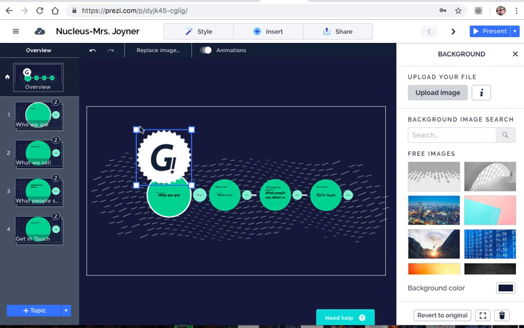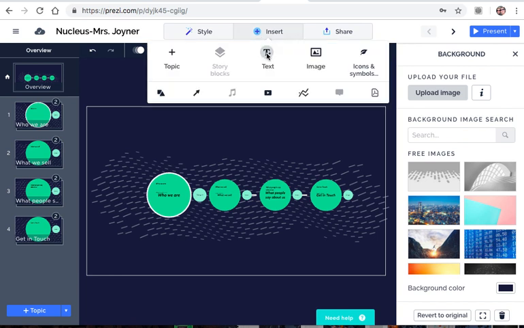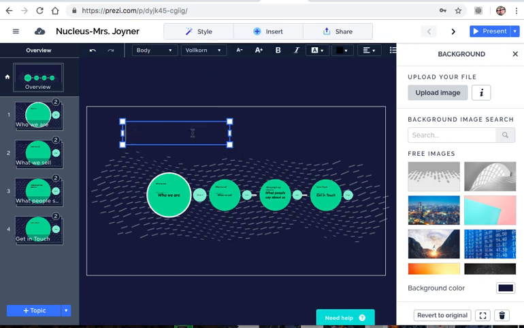So there, I'm going to get rid of that and insert a text box that you can just drop and move around, and click in it like you would any text box to name your presentation with, again, the title of your organelle